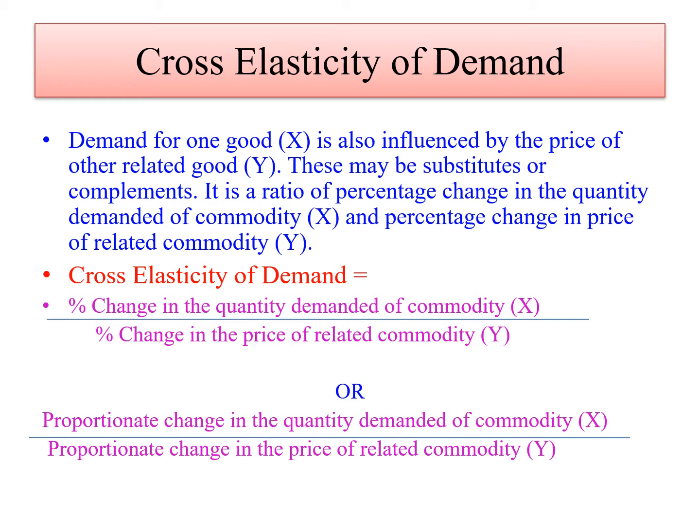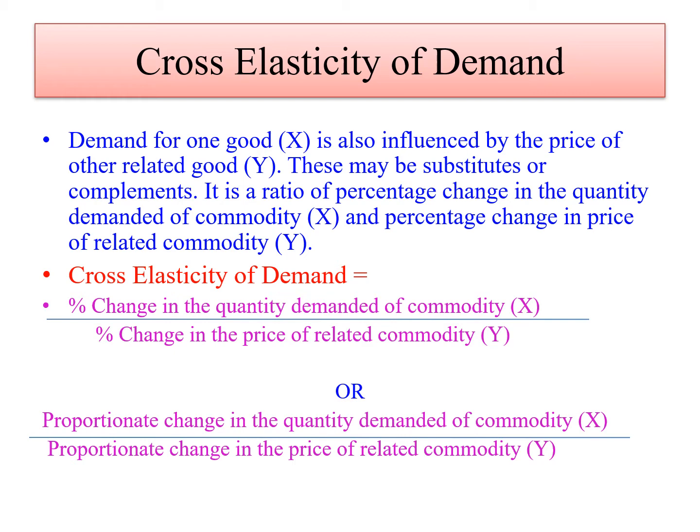When a change in the price of one commodity results in a change in the demand for another commodity which is used as a substitute for the first commodity, then how to calculate the elasticity or change in the demand and price of that particular commodity? There is the formula. By using these formulas we can easily calculate the cross elasticity of demand for any substitutes in the market.